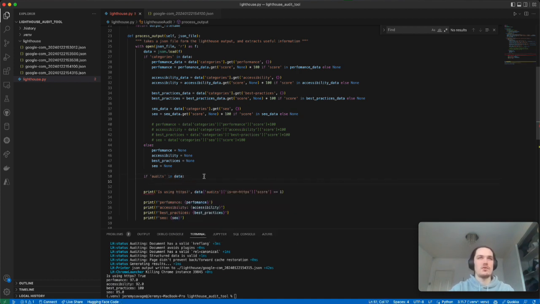So if audits in data, then we go HTTPS data equals data audits get is on HTTPS, and then we do this, chuck that on the end. So yep, so we get that, and then